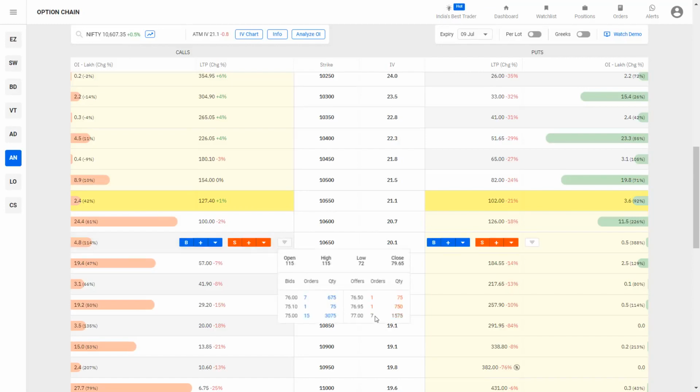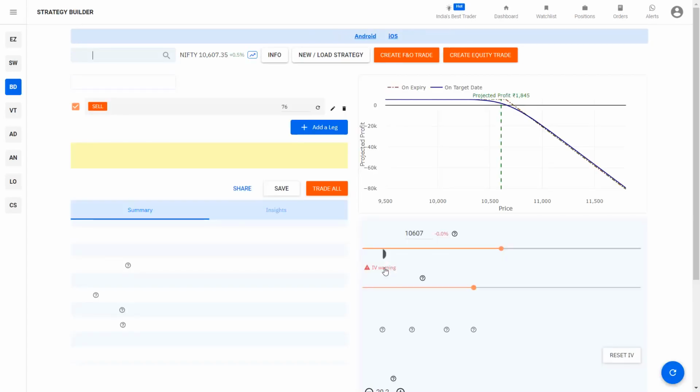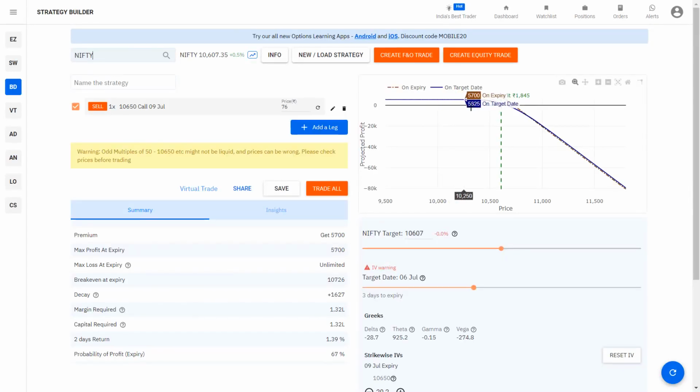Now it also shows you the best bids and offers, OHLC, etc. Now here's another interesting aspect of this. You can analyze an option's payoff diagram from the option chain. So you can see this, right? This is your option, and this is the payoff diagram of the option. This is a very useful feature if you are wondering something like, you know what, I will sell this 10650 call. What will happen if the index is at 10630 on 7th of July? So you can see that you made around 2000 rupees profit, which is very useful, right?